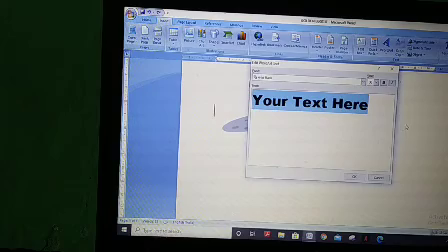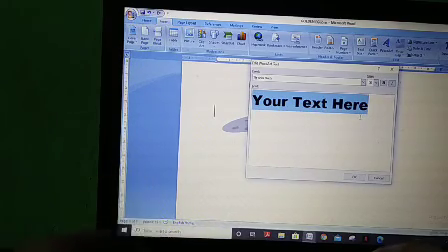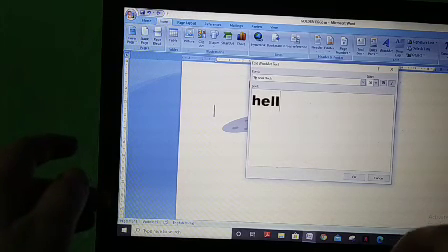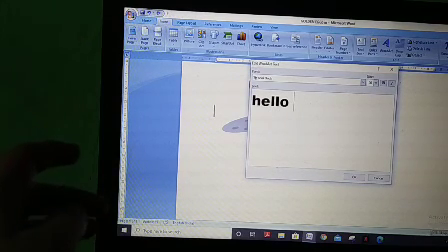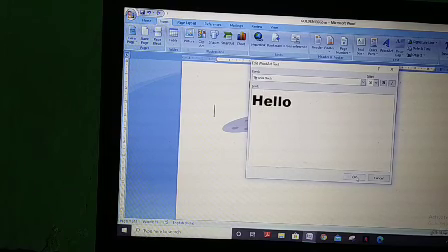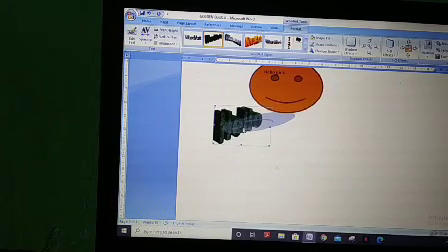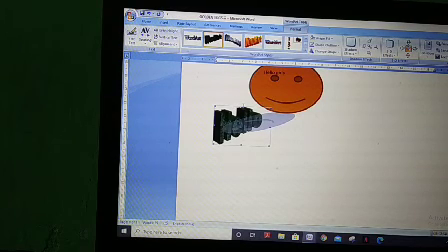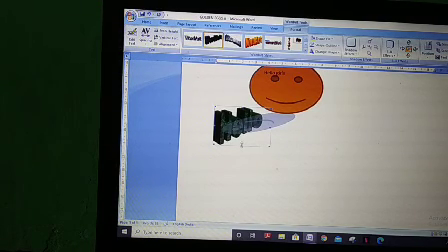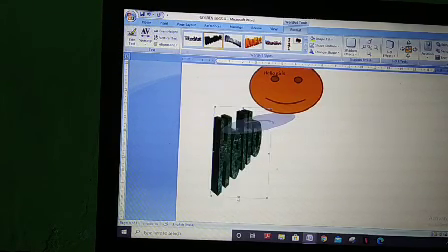Suppose this one. Your text is here. Hello. Now you can see the shape can be resized.